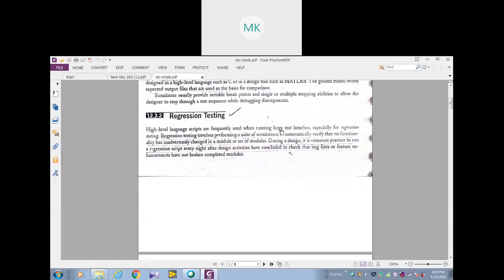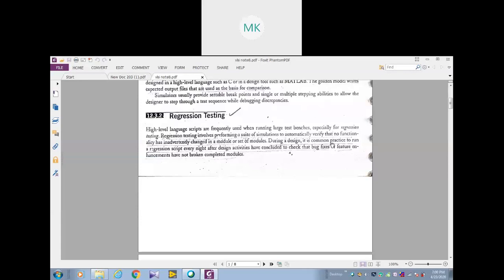Next is regression testing. High level language scripts are frequently used when running large test benches, especially for regression testing. Regression testing involves performing a suite of simulations to automatically verify that no functionality has inadvertently changed in a module or set of modules.